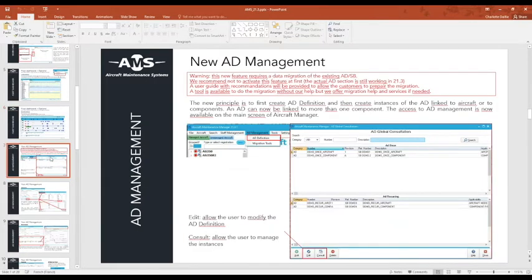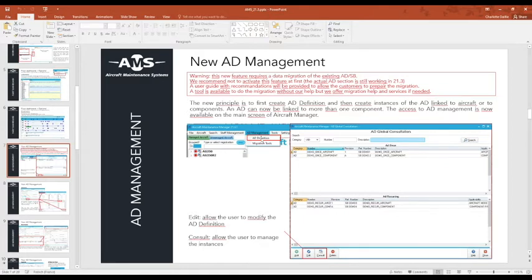So the next one is the new AD management. For the AD management, I really want to warn you, this new feature, this new AD management will require a data migration of the existing ADs that are inside your system. So we recommend not to activate this feature at first.